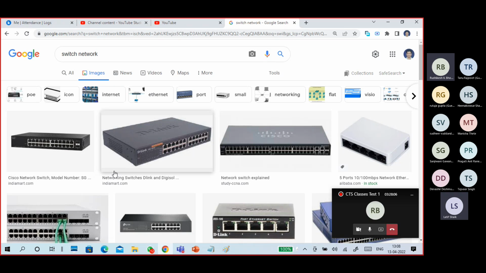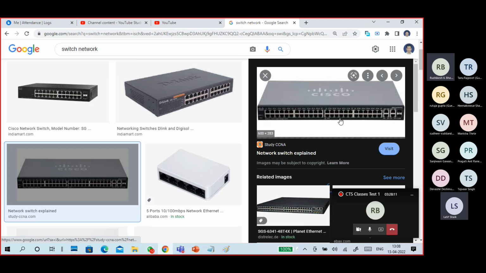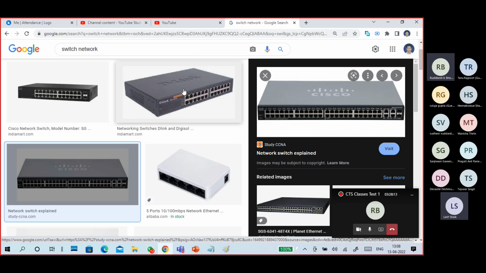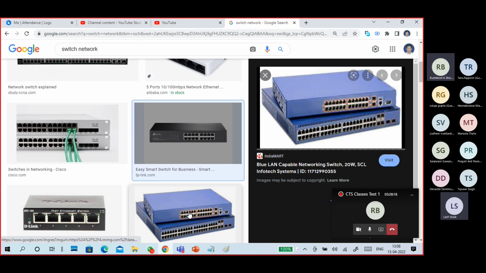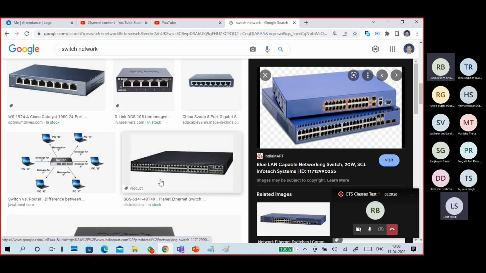When you search for computer networking switches like this, these are the D-Link switch, Cisco switch. If you see, the number of ports is generally high.